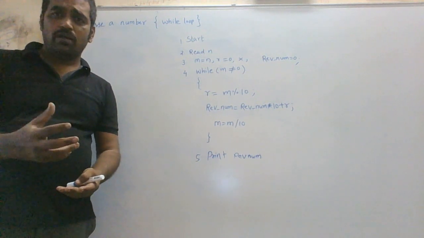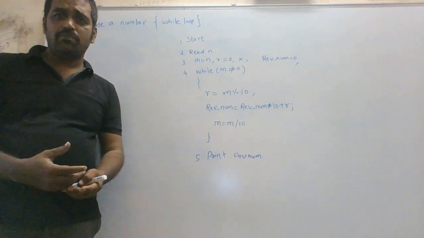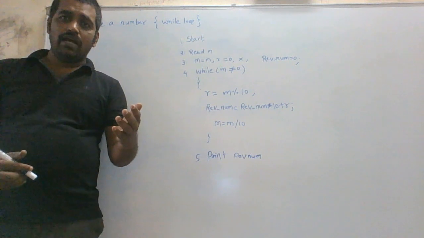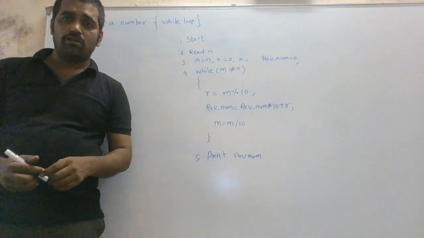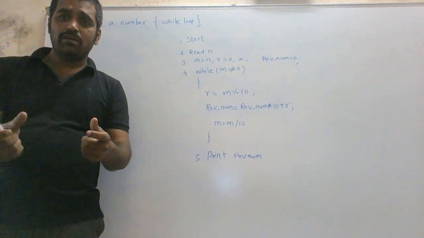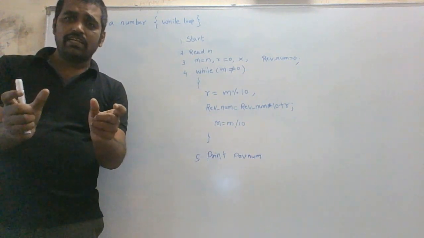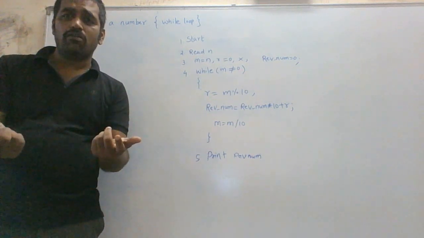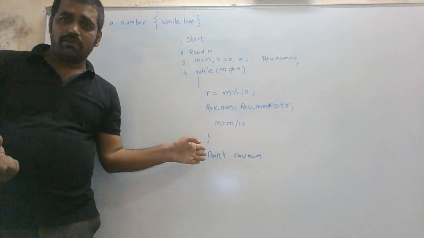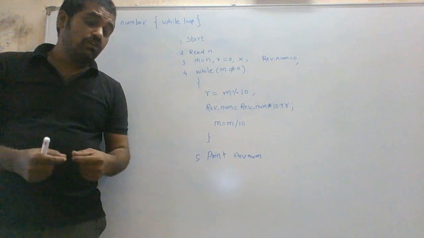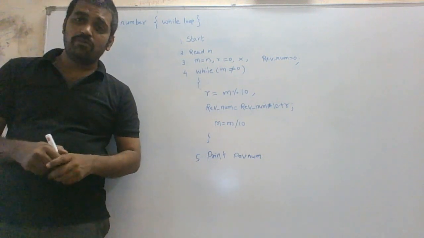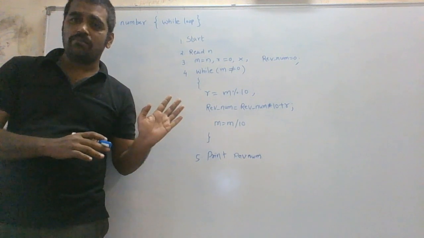The same program can come in different ways. For example, the program may be reverse a number and check whether the given number is a palindrome or not. Suppose x is a given number, and if you reverse that number and get y, and you find that x is equal to y, in that case it is a palindrome. Or they may ask you to just reverse the number, or to count the number of digits in a given number. Everywhere the same logic is applicable.